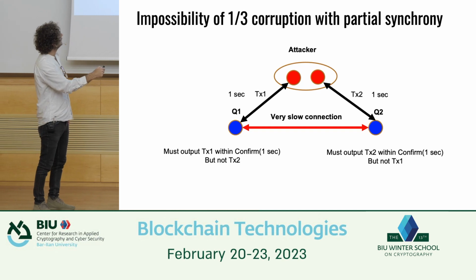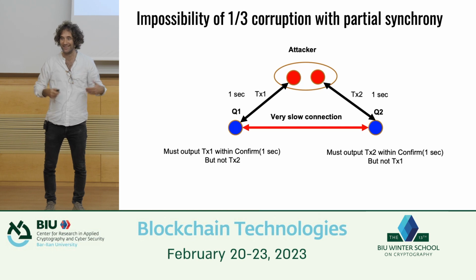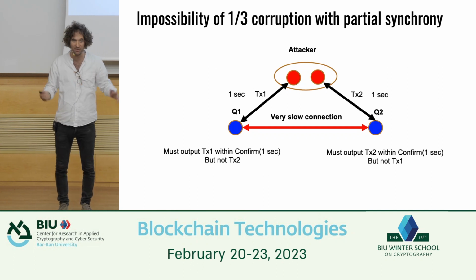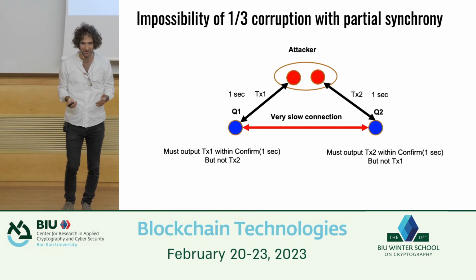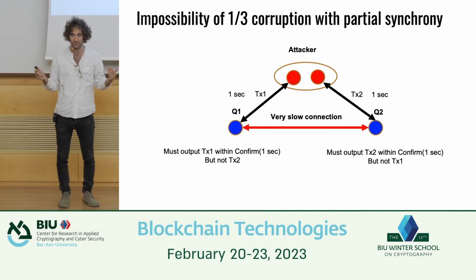Here, we're going to assume the communication is very fast, and here also very fast. But here, we're going to assume it's super long. So the real delta is actually very long. Let's assume delta is like 10 minutes. Unreasonable, but the protocol needs to work for any delta, and the protocol is unaware of what delta is.